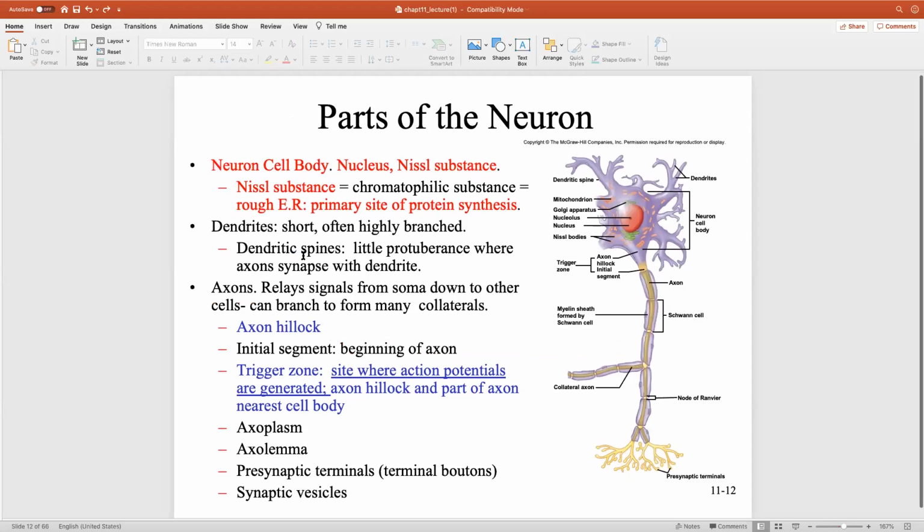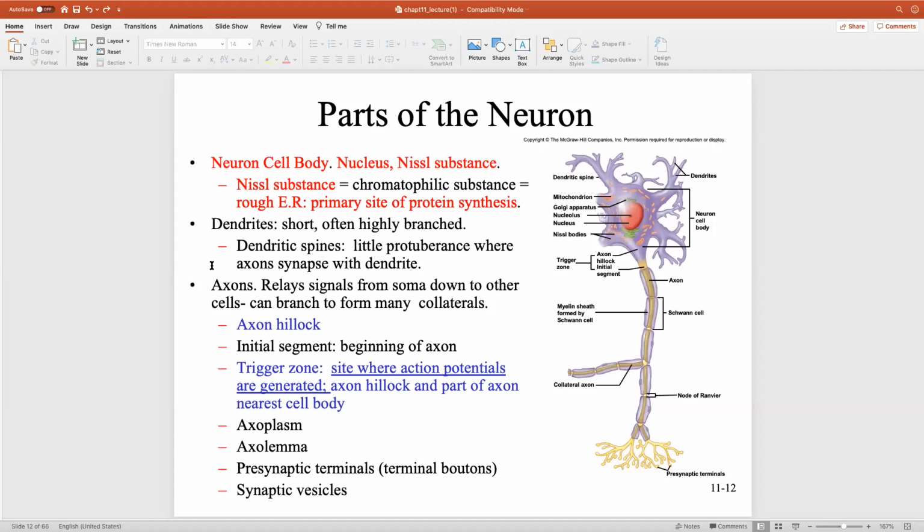In terms of parts of the neuron, we'll have the biggest area of the neuron. It's the cell body or the soma. Those words are used interchangeably. Soma is the cell body, and this is where we'll see the nucleus. This is where we see all the major organelles. Now we will see some organelles as well in the axons and in the dendrites, but most of the